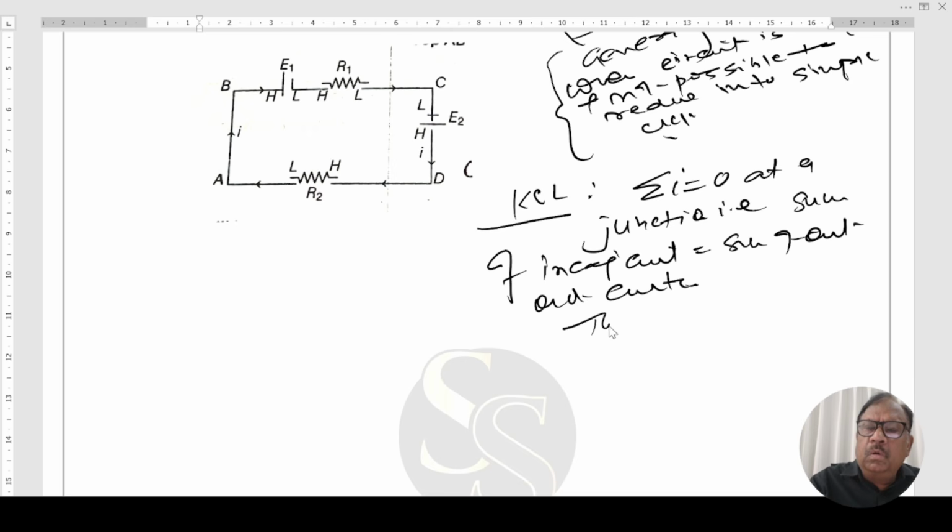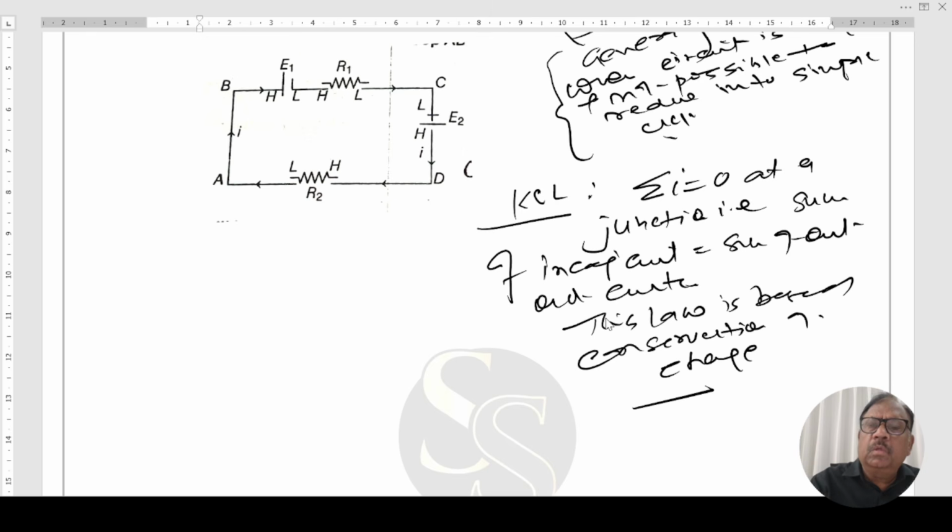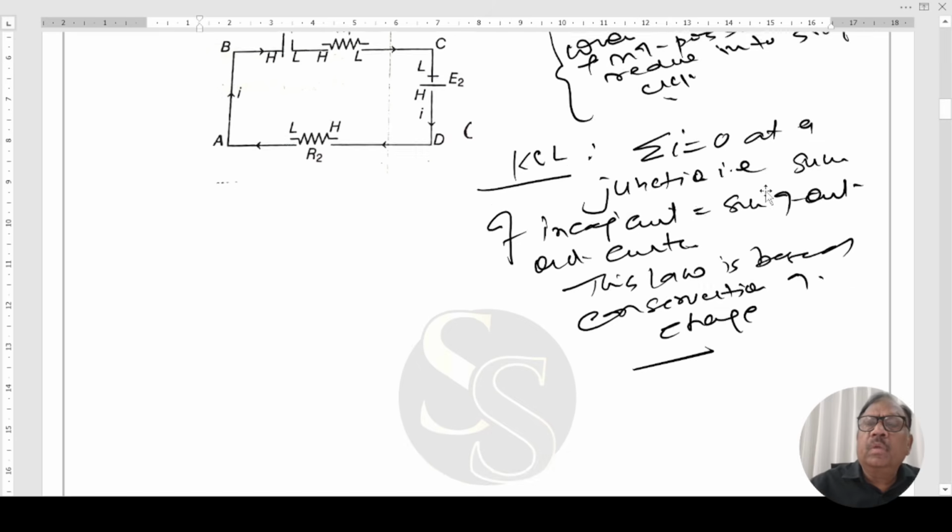This law is based on conservation of charge. Now,